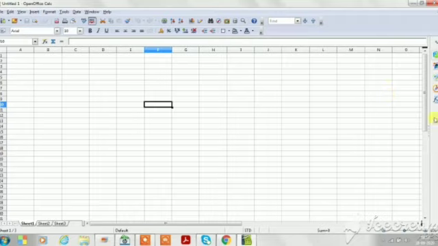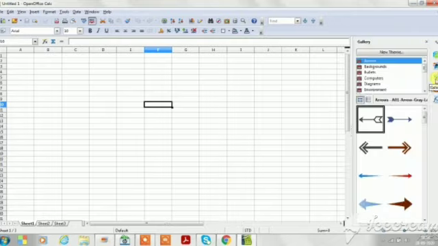Sidebar. The sidebar has 6 sections. To expand a section you want to use, click on its icon like this. So, that is all about the introduction of the LibreOffice Calc window.